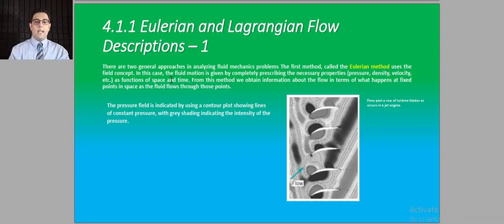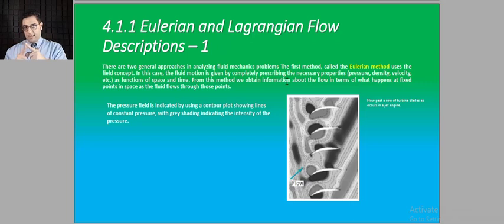The first one is named the Eulerian method, in which we can identify the fluid motion governing equations as functions of space as well as time by prescribing the necessary properties such as pressure, density, or velocity